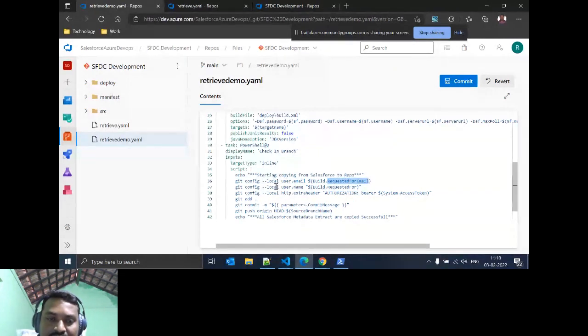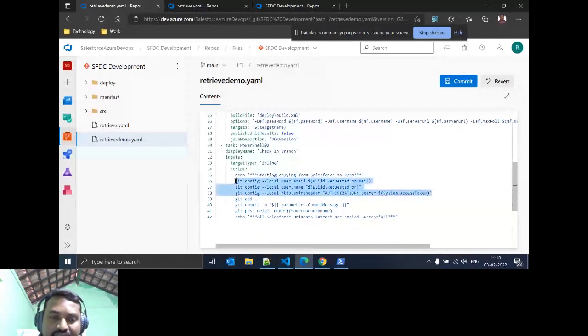Then we need to set up directly the user.name and user.email, build dot who requested this build, that requested email ID and the name, username. That name we are setting for git. Then this is which user requested, right? We are just authenticating whether it is the proper user or not, in the Azure pipeline to our Azure repository git access. Once the connection is established, Azure DevOps, Azure pipeline to git, everything succeeds.